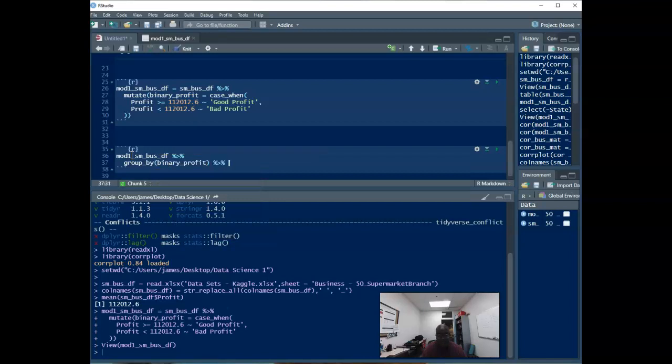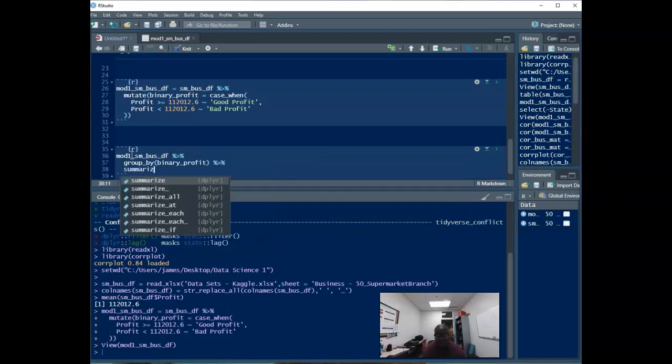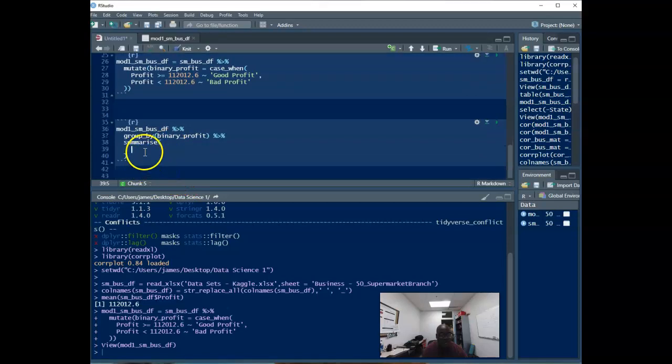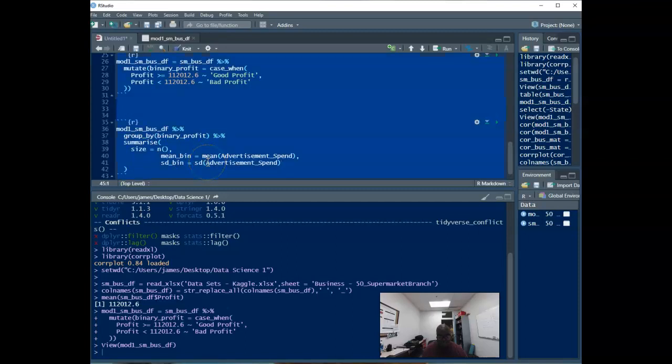And I'm going to do another pipe by. I'm going to do summarize. Pretty sure we went over this last week. This is not crazy information. I'm going to do a copy and paste game because it's going to take me a while to copy it. But I'm going to find the sample size for each group of the binary profit. And I'm going to find the mean